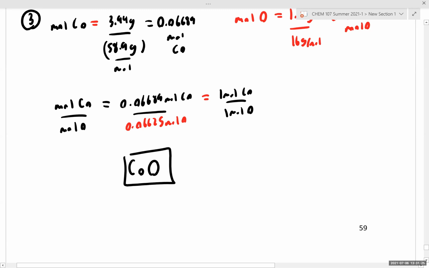Is this process making a little bit more sense now that we've done a fair number of examples? Is everyone feeling confident that they can calculate the empirical and molecular formula? So if we don't have any other questions, what we'll do is we'll archive